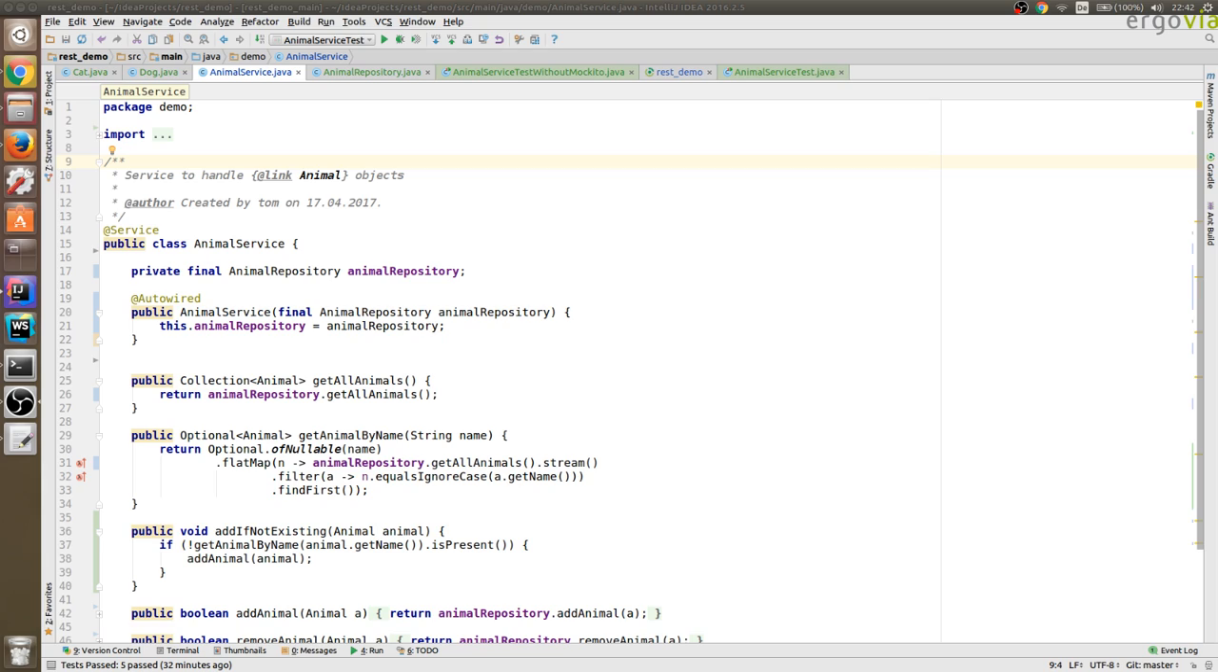It's the application where we showed you the REST basics with Spring REST. The configuration is pretty much the same. The only thing I actually introduced are some additional methods in the animal service. As you can see, here is something like an add-if-not-existing method, and I removed the